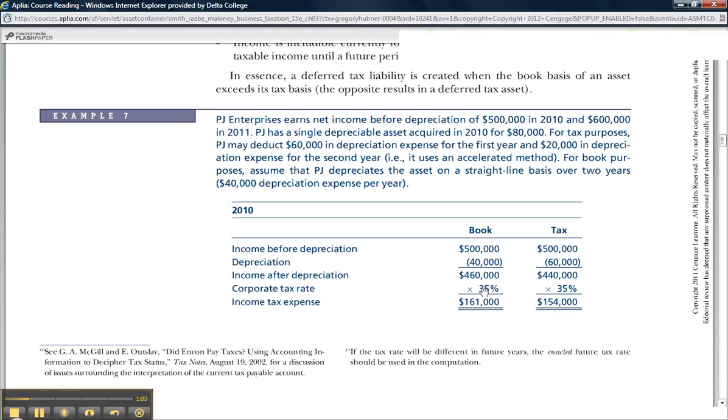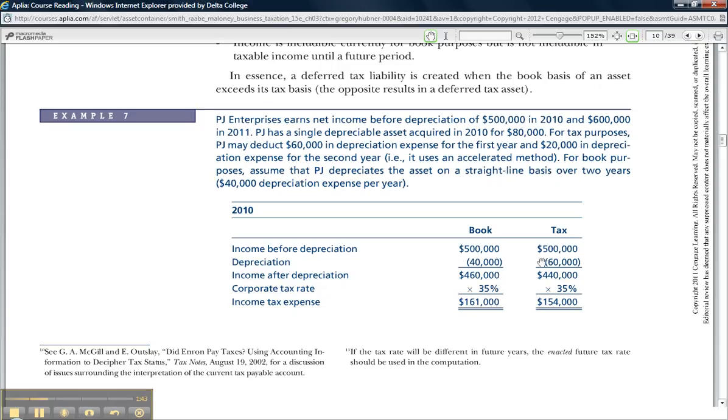On the tax return, you would have a current income tax expense of 154 because this 440 is what the taxable income is going to be on this year's tax return. So your total tax expense is 161. Your current is 154. The deferred piece is just the amount of tax you expect to pay in the future because you paid less tax this year. So how much less tax did you pay this year because of an item that's going to reverse in the future? The answer is